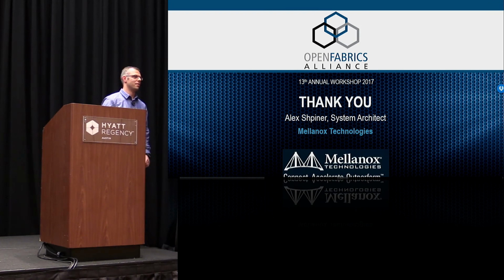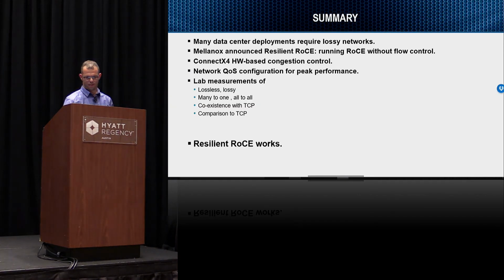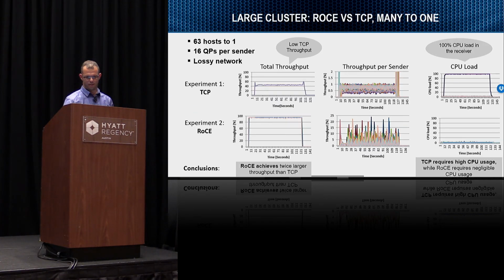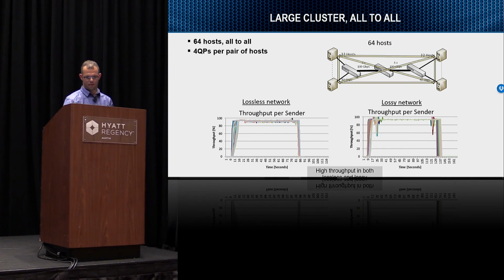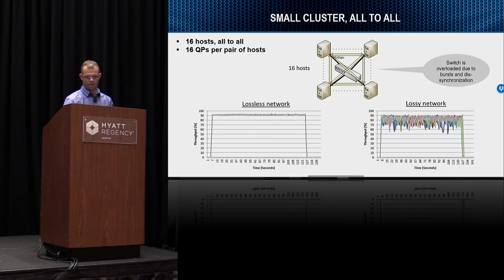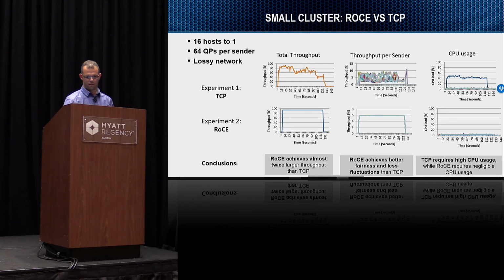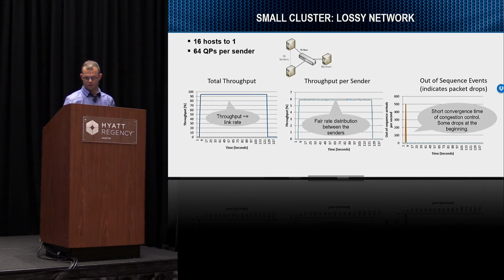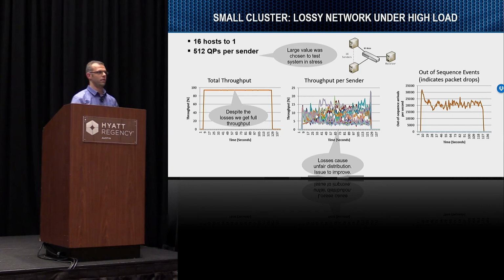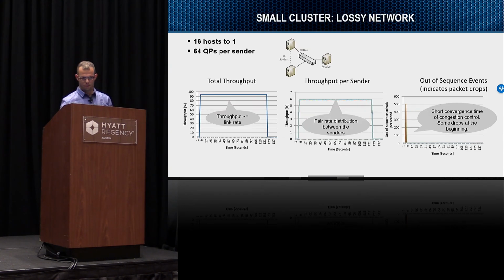I'm just curious, if you could go back half a dozen or so slides to the small cluster with lossy enabled. It shows RoCE being very fair between the senders, right? This one, right? Yeah, this one. Small cluster lossy. One more earlier. Yeah, this one. So it almost looks like the